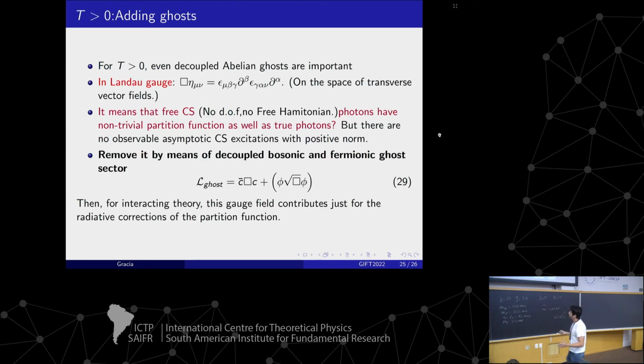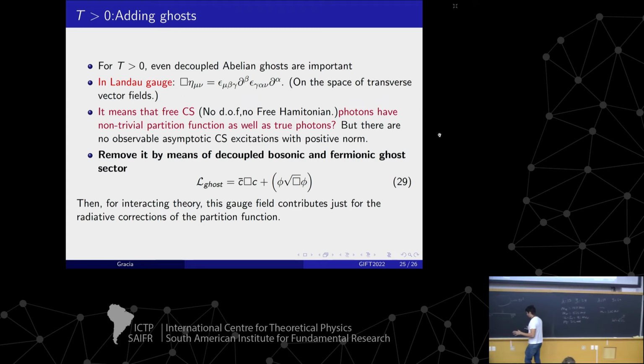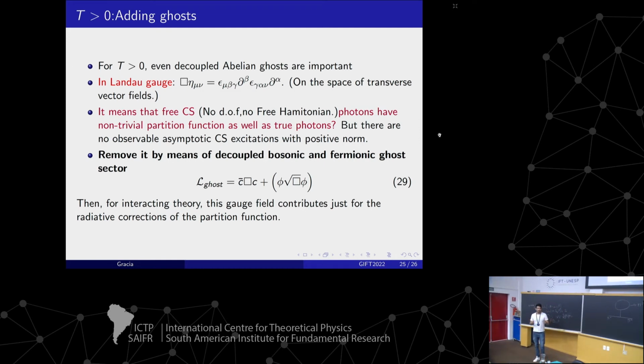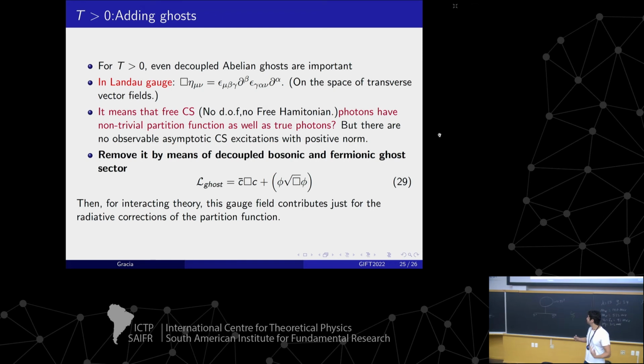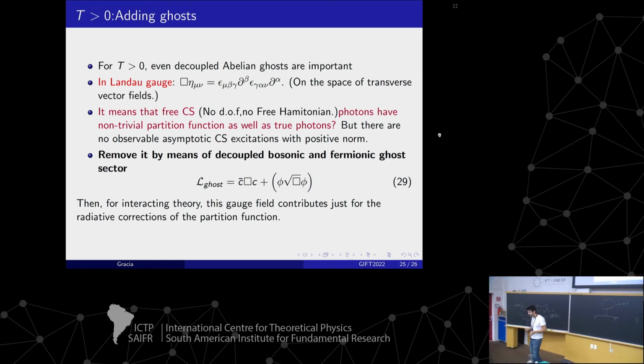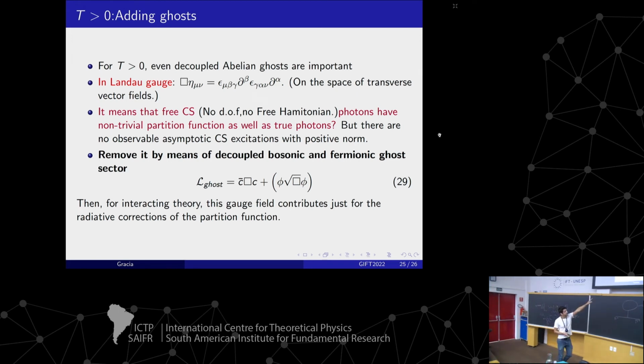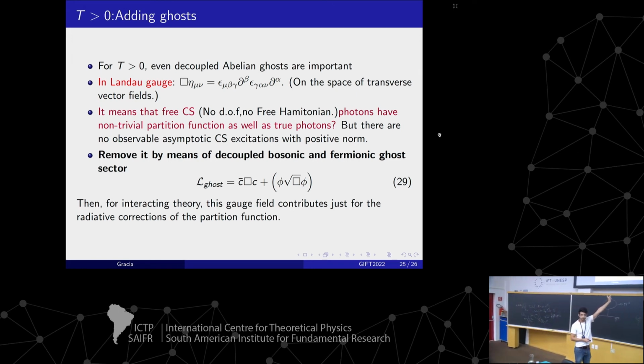Okay, I will not talk about temperature, but there's just a final observation. If you have a gas of photons, normal photons, Maxwell photons, we have the functional generator with a given normalization, and we can talk about some temperature effects. But what about Chern-Simons? Chern-Simons doesn't have asymptotic particles. Then, if we just have free Chern-Simons, we need the Grassmannian ghost, the first, and associated to gauge symmetry